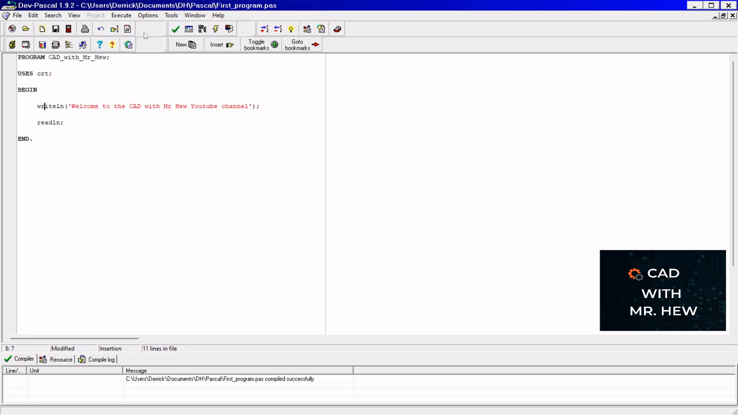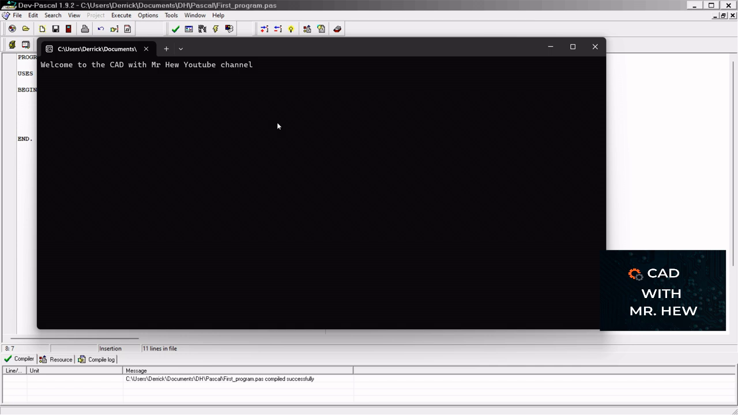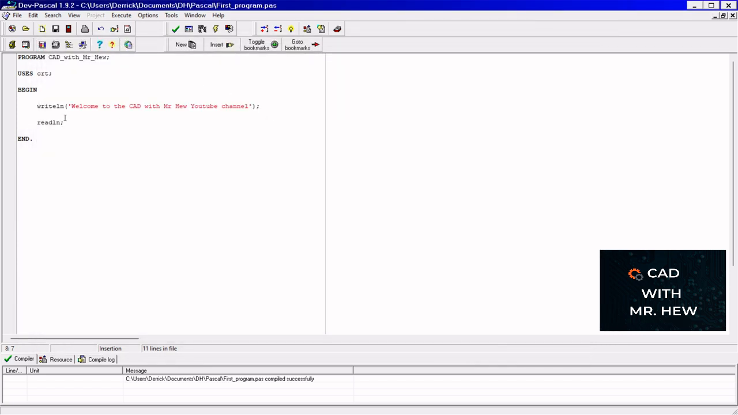All right, so let's compile it. There are no errors, and we execute. There it is. Press enter. All right, so I'm gonna write another write line. I need a semicolon at the end of each line, so we need to go up and put our semicolon. All right, so down here, I'm gonna add another write line here,